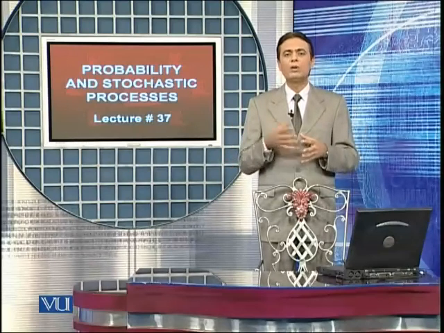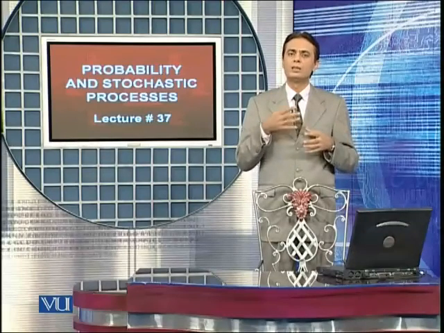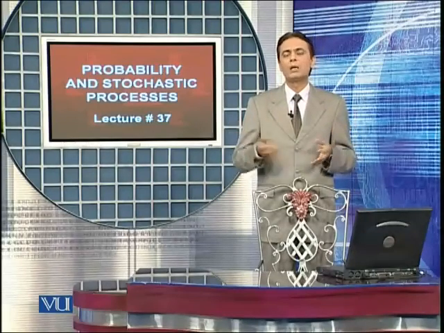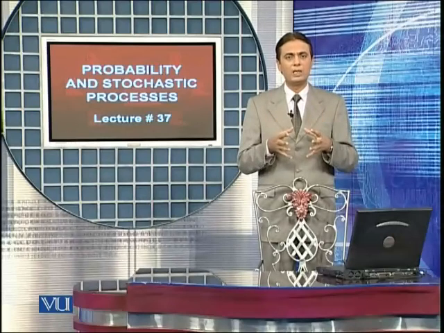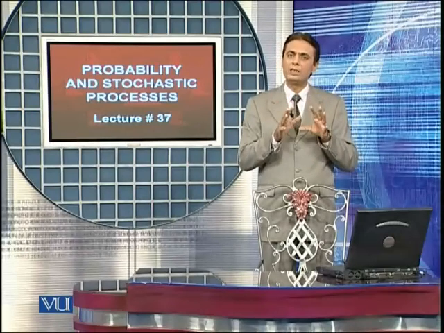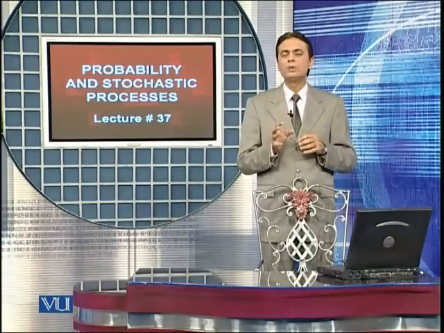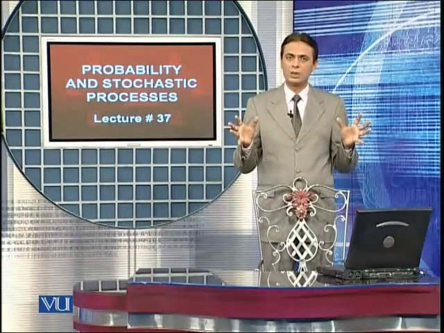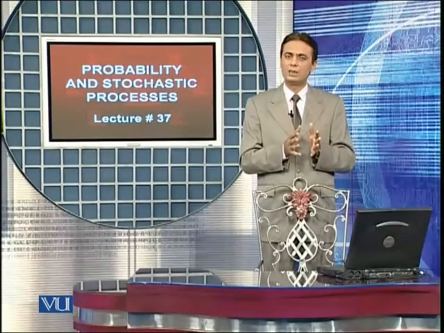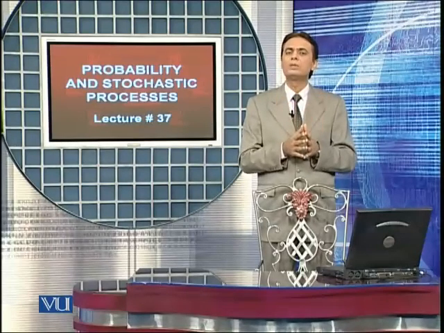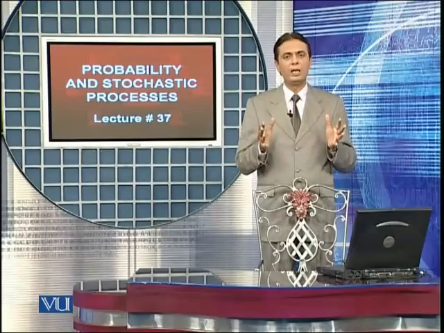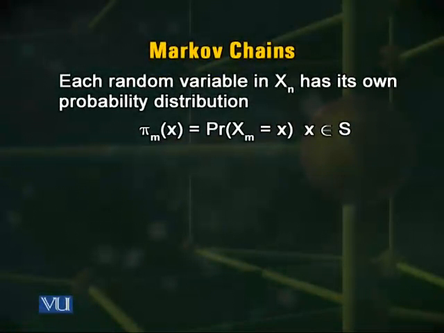In previous lectures, we only talked about states and their probability distribution at a certain sampling instance. In this way, we should not lose sight of individual random variables and their probability distribution. So let's review quickly what we have covered so that we can go forward with a clear understanding that when we are dealing with Markov chains, we are dealing with a very large collection of random variables. So the first thing that I want to review is the probability distribution. As I said, they are denoted by pi.